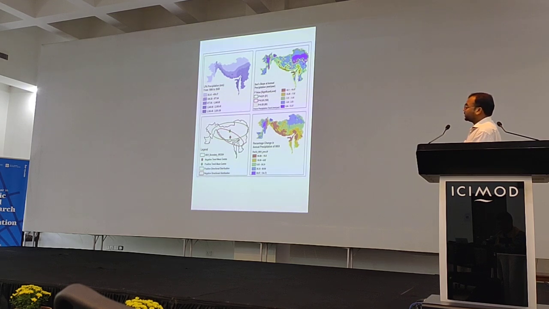It means the consequences and the frequency of extreme events like drought are more prominent in that region. Now the important thing is, if we look at this picture,